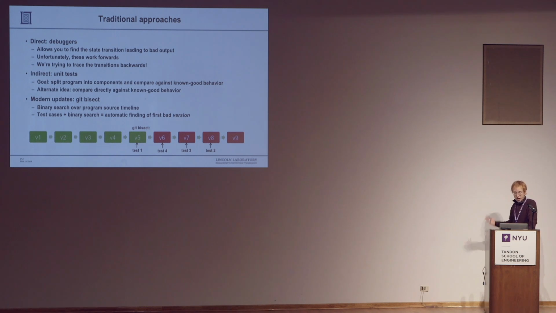So there's a traditional debugging or regression prevention approach, which is unit tests, where the goal is to split a program into components and compare against known good behavior. Like, you'd call one function or one module of a program and check that its behavior is good. So here, just to connect back to the Panda example,